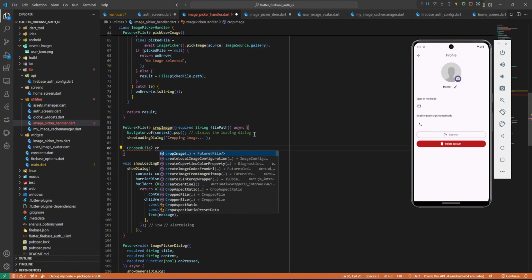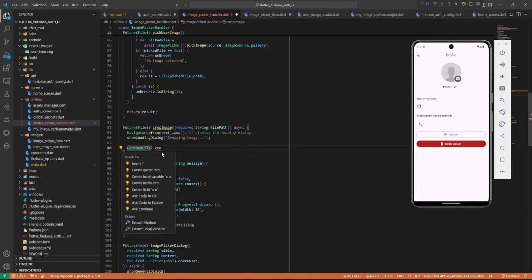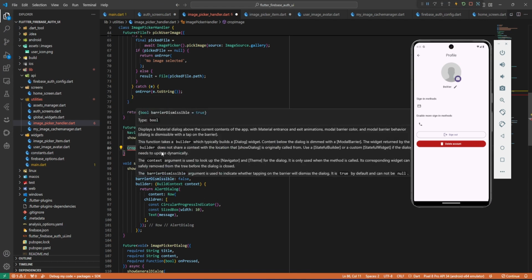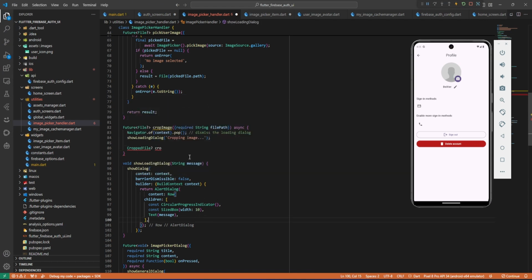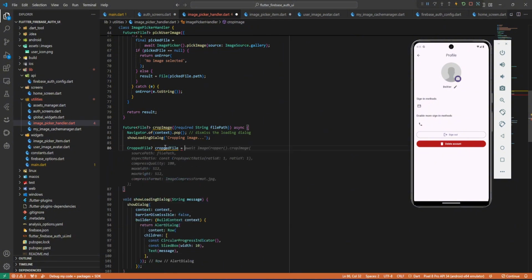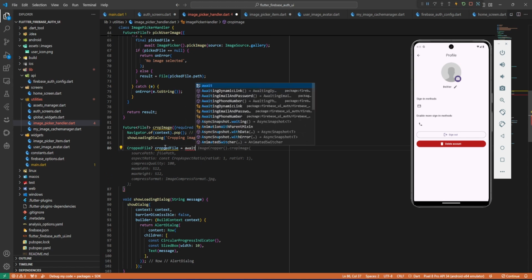We have a cropped. It's imported. Yeah, cropped file is going to equal await